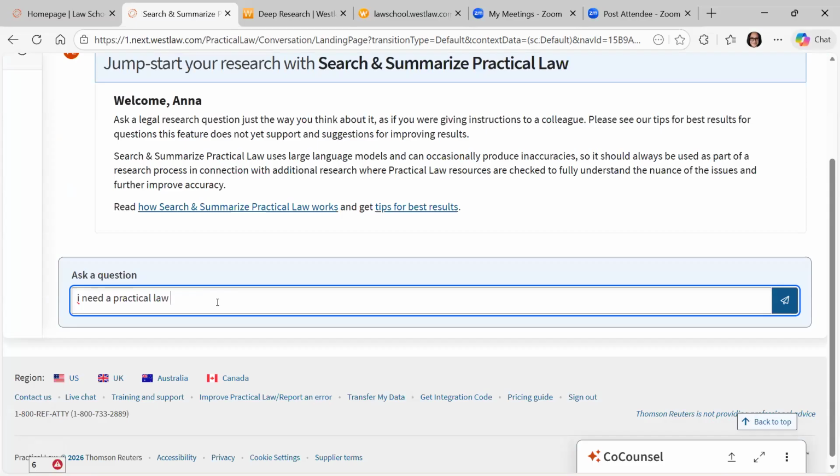Practical Law template, a letter of intent that